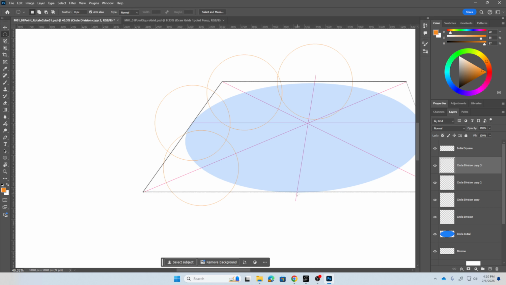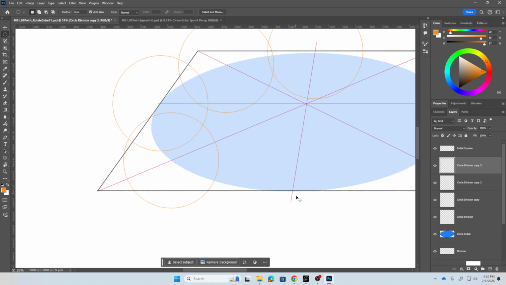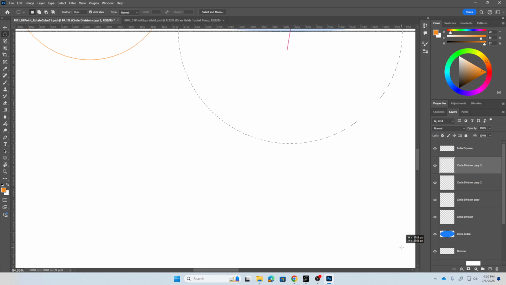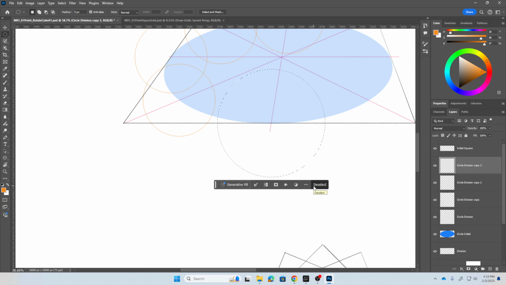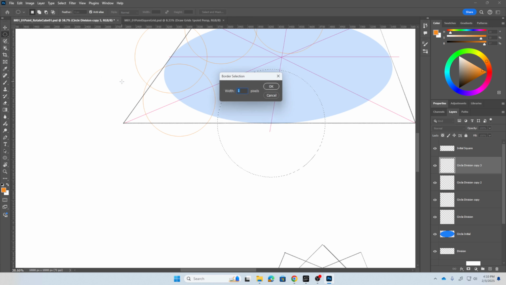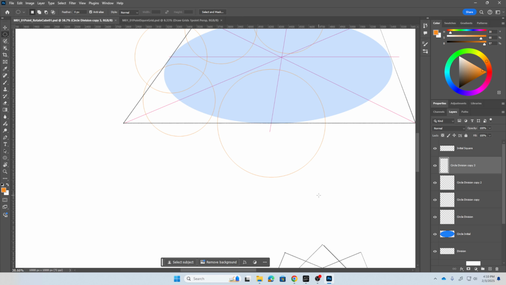Now this one though, I'm gonna have to draw another one, and I might have to add an extra circle just for that part. I forgot that this is an ellipse. It's not a full square circle, so it requires more radius on one side. Here we go. And I'm gonna fill this selection, modify border. There we go. And then just fill with foreground color. Deselect, save your file, and I'm gonna duplicate this one